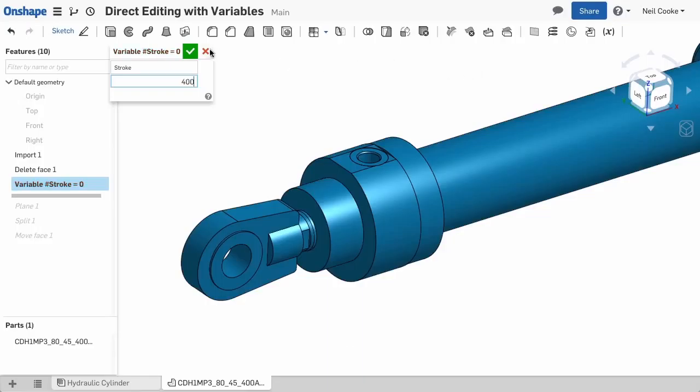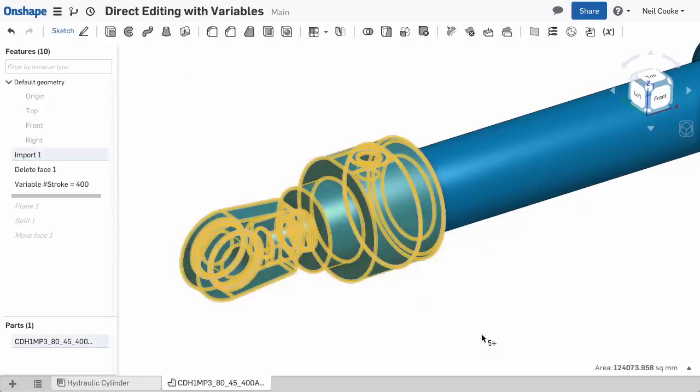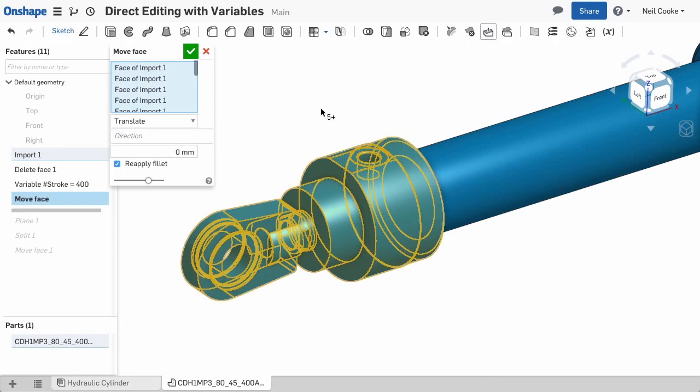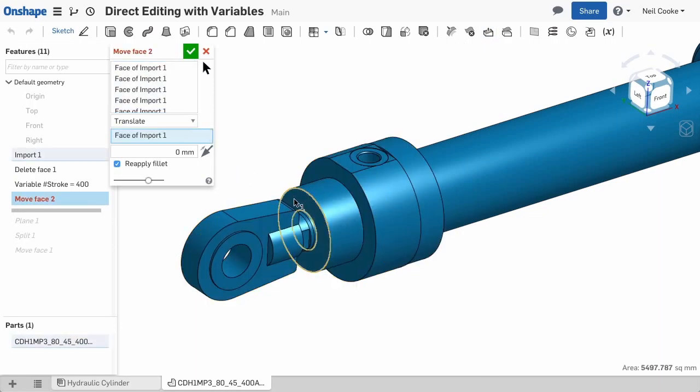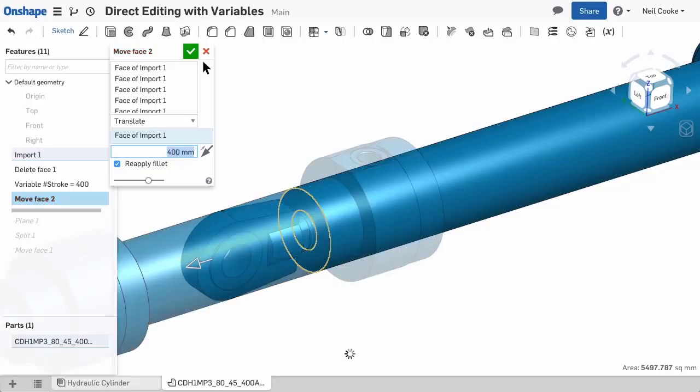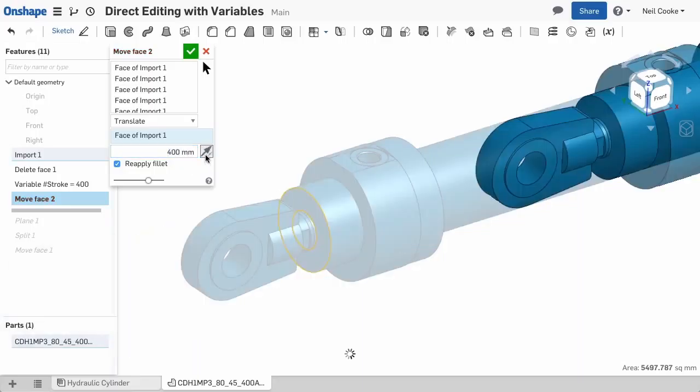Now you need to add two move face features, one to set the minimum stroke length and one to set the maximum. Box select the entire front end of the cylinder, select move face, and choose a face or edge to set the direction. Enter 400 for the distance and make sure you flip the direction to give you the